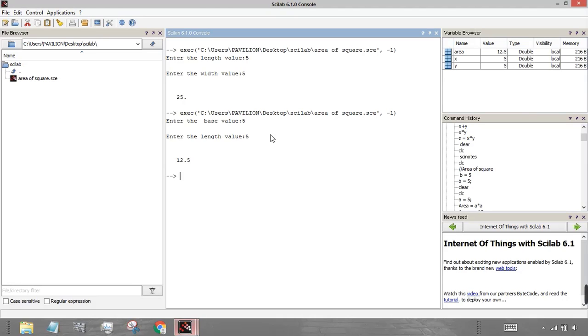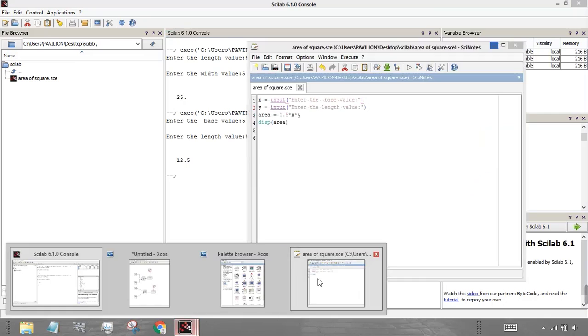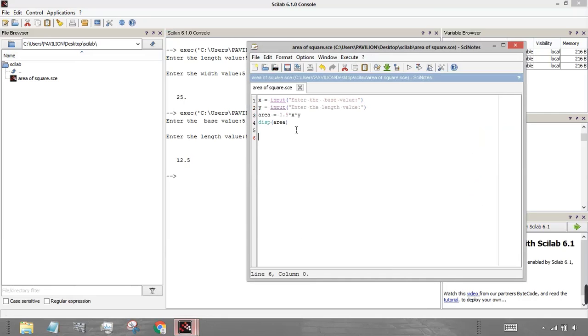Now we want to calculate the area of a circle. So again we will go to this Scilab. For area of circle it is pi r square. We will be just requiring one value, so I'll just delete this y value. The area is pi r square, so I'll just write percent pi into r square, that is x to the power 2. So that is your pi r square, area of a circle, and again save and execute it.